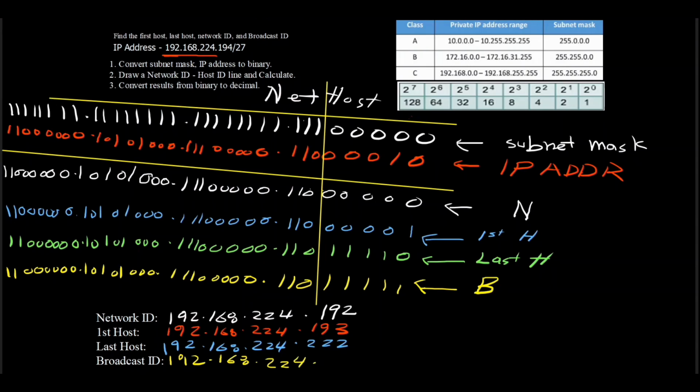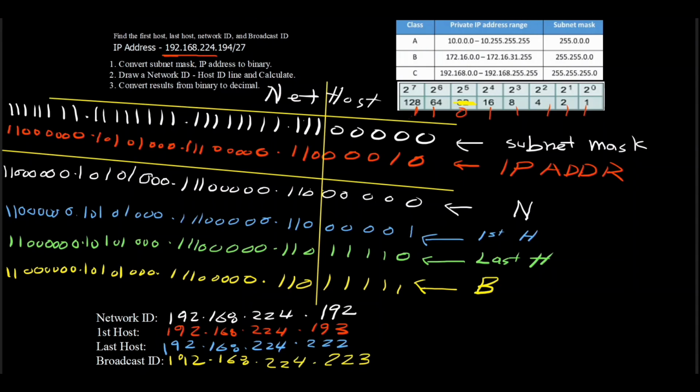If we do the calculation on the chart, 1 1, and then we have 1 0, then the rest is all 1. If we add all these numbers, 128 plus 64 plus 16, we ignore the 32, plus 8 plus 4 plus 2 plus 1, this is 223,